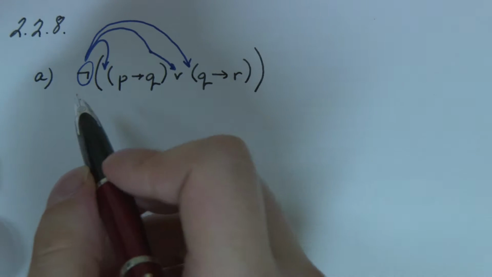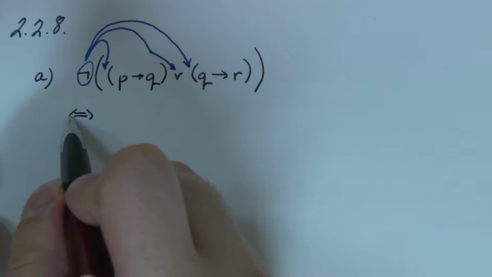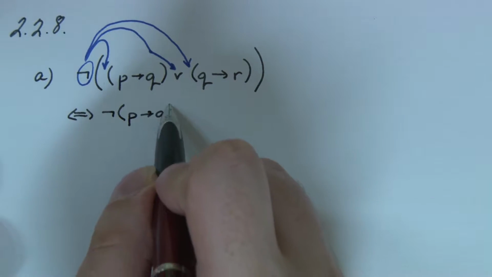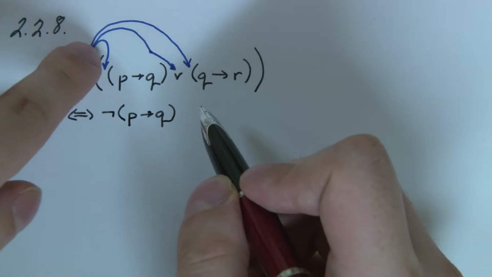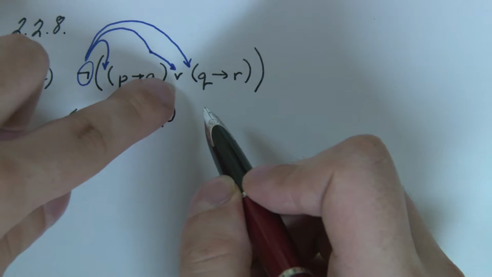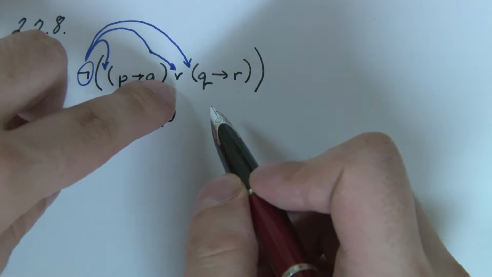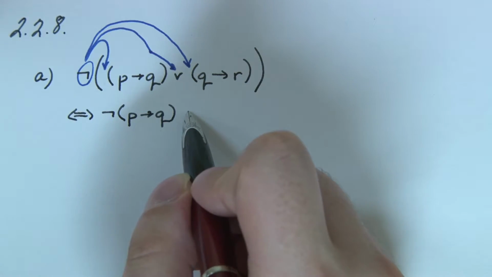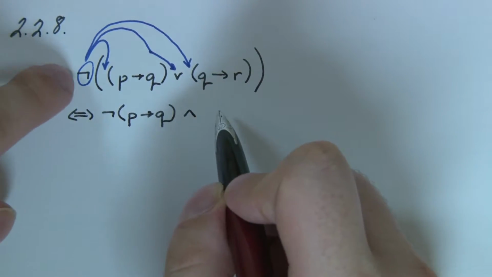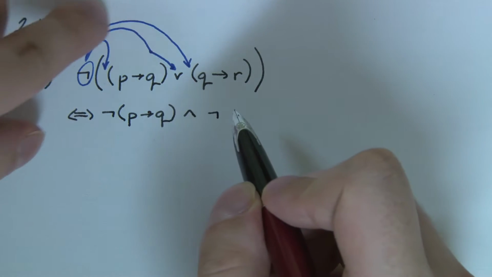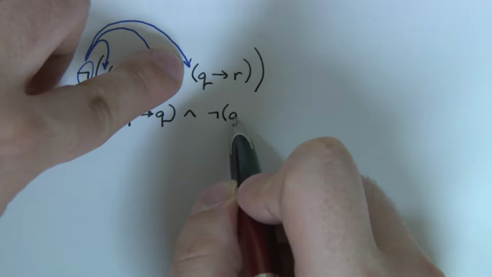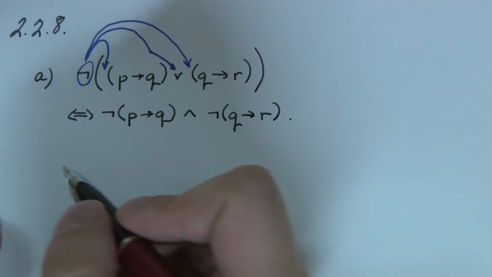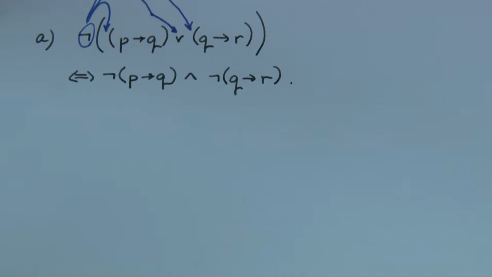Okay, so this is logically equivalent to not P implies Q. Okay, so that's the first one here. I distribute it, and then I have a disjunction. The disjunction flips and becomes a conjunction, and then I have a negation here, so that goes in front here: not Q implies R. So we're done with this one. Okay, for part B,